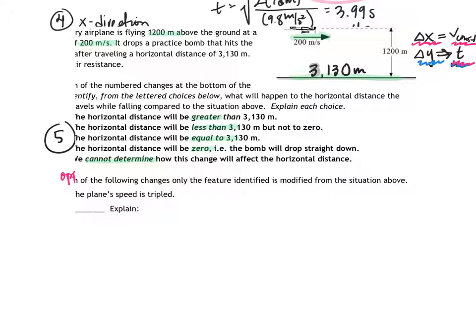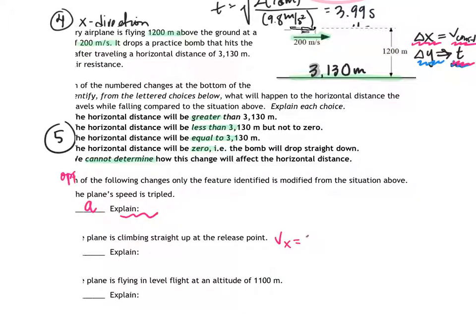So, for number 1, if the plane's speed is tripled, well, that's what I was just talking about. Greater horizontal velocity means greater horizontal distance. Be sure to explain. If the plane is climbing straight upwards, well, then our horizontal velocity is 0. If there's no horizontal velocity, then there's no horizontal displacement, which means that the horizontal distance